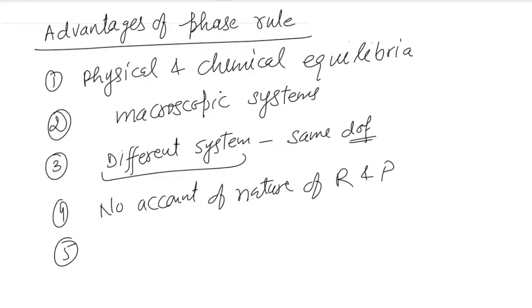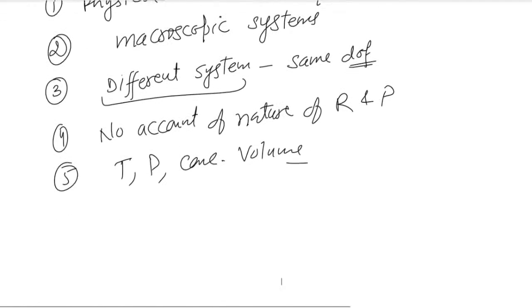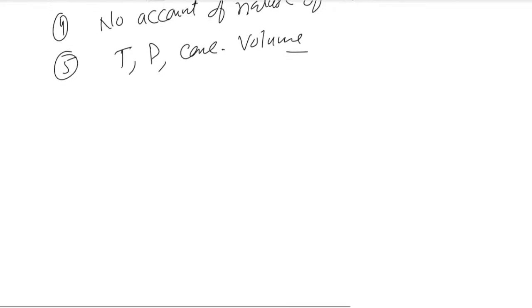और ये जो प्रिडिक्ट करता है सिस्टम का बिहेवियर, वो किस पे डिपेंड करता है? इट डिपेंड्स अपॉन टेम्परेचर, प्रेशर, कॉन्सेंट्रेशन और वॉल्यूम। ये टेम्परेचर चेंज करेंगे या प्रेशर चेंज करेंगे या कॉन्सेंट्रेशन चेंज करेंगे या वॉल्यूम चेंज करेंगे, तो उसका जो सिस्टम का बिहेवियर है ना, वो भी चेंज होता जाएगा और उसको वो प्रिडिक्ट भी कर सकता है। कौन? फेज रूल। ओके, नाउ टेल मी लिमिटेशंस।